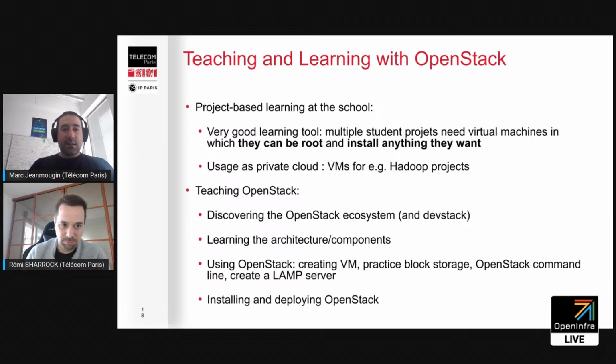So if I would say there are 3 points to get from our usage of OpenStack, I would say that OpenStack is a great way to provide services to both students and the community within our academic environments, while keeping a total control of the infrastructure. We host everything and we provide everything to students and faculty, which means we control all the data and all the access. So it's very convenient for, as Remy mentioned, data privacy, because we host everything and our few cluster admins have access to everything.